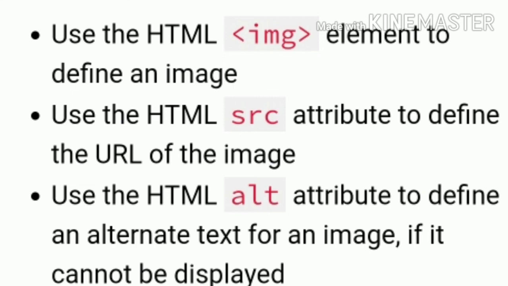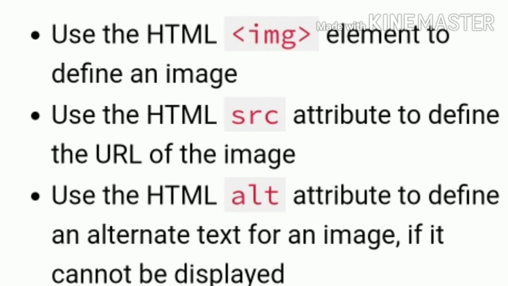Another important point to recall is that the required src attribute specifies the path, that is the URL, to the image. When a web page loads, it is the browser that gets the image from a web server and inserts it into the web page.